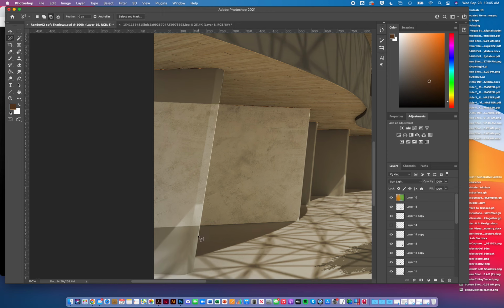So I'm going to go ahead and just go around this part that I don't want. Make sure I still have that layer selected. I don't want to delete something out of a different layer, do I? And hit delete, right? Now suddenly we have